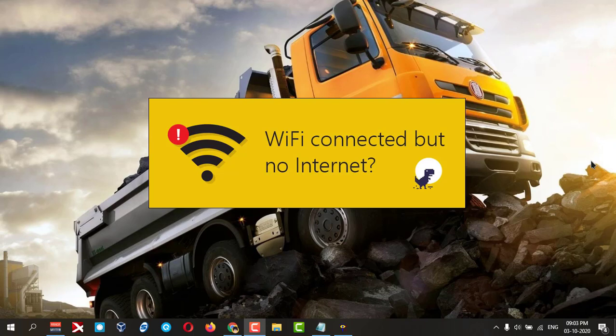Wi-Fi is connected but no internet. How to fix this issue? First, you need to check whether your Wi-Fi router is working or not. You check through your mobile phone, and if it is working, then you need to come to the PC side